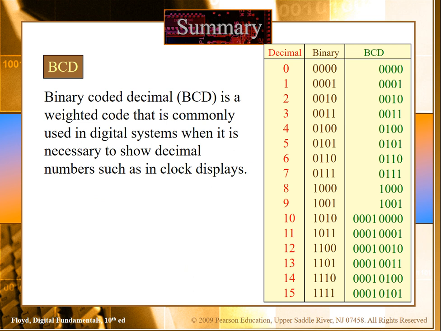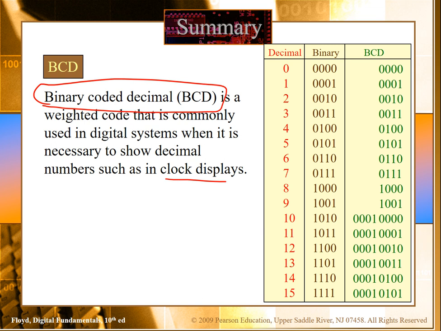There is another coding system which is called binary coded decimal, BCD. This is one of the very commonly used coding systems for different kinds of digital applications, for example clock displays, digital thermometers, digital meters, 7-segment displays. For a wide range of applications we use the BCD code.